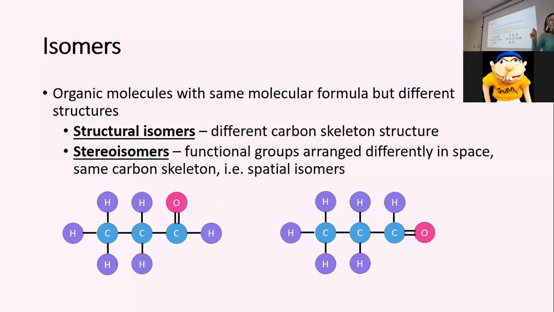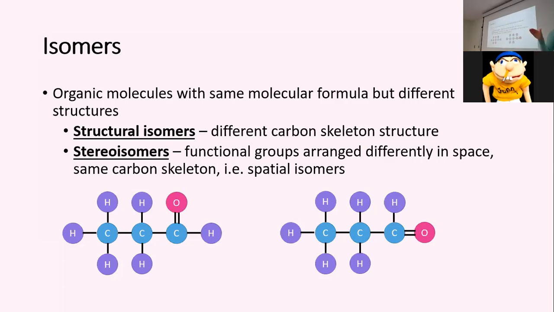So the pieces are attached to the same carbons, but because carbon has these 4 directions that it can bond to things, you can spin things around. So here we've got our oxygen oriented in this direction, and here the oxygen is oriented straight out